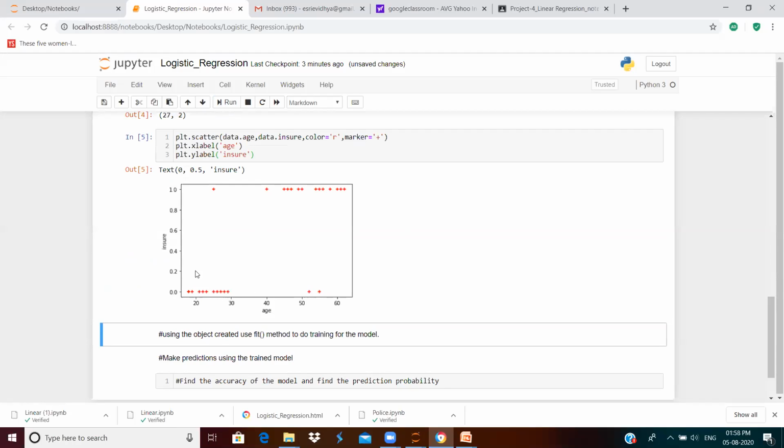For them to go for an insurance has a very low probability. And you can see here, there are so many data points here, right? As the person is aged, if he is above 40 years of age, you can see more number of insurance occurring here, right? So we have just visualized our data distribution, and our next step is